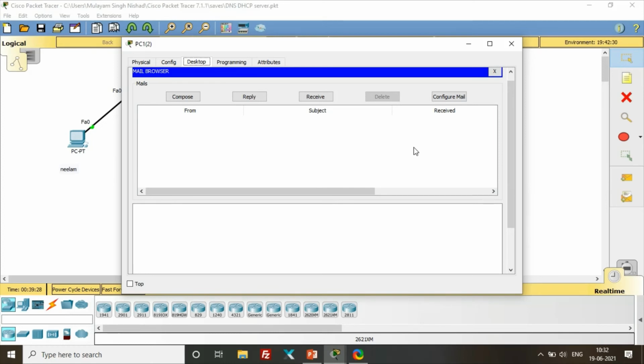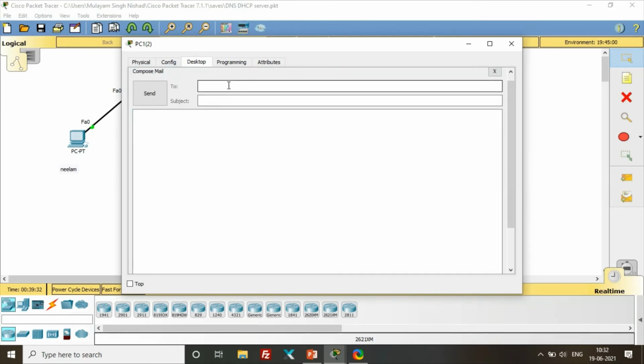Let's send mail. First go to compose and send mail to Neelam. Put her username neelam at the rate india.com as the email address, and the subject you can put as per your choice. Let's say a greeting, subject: hi Neelam.